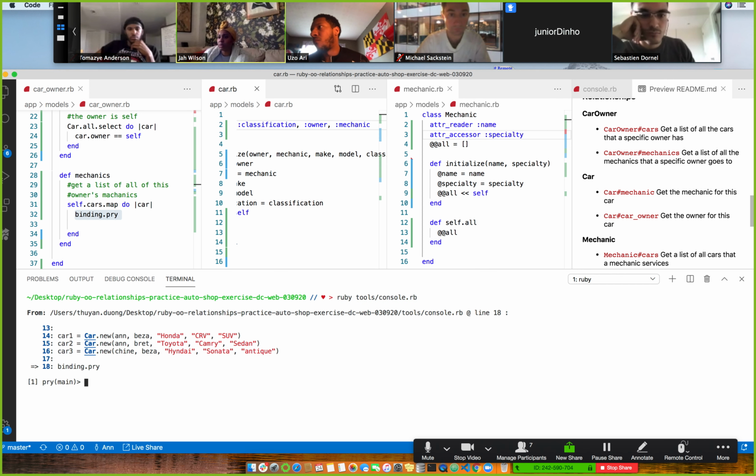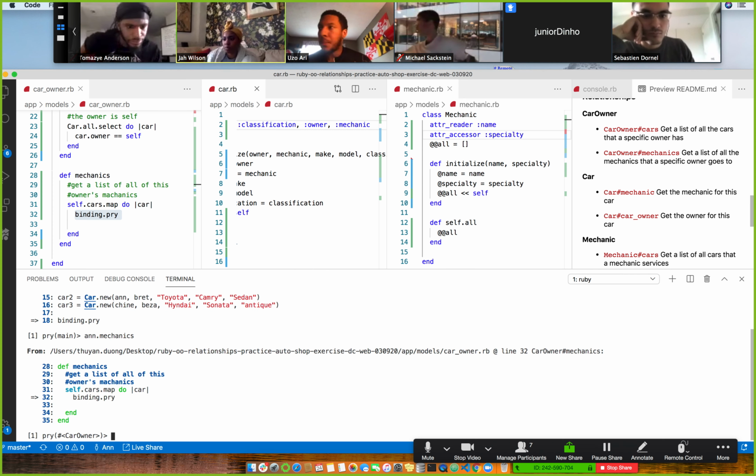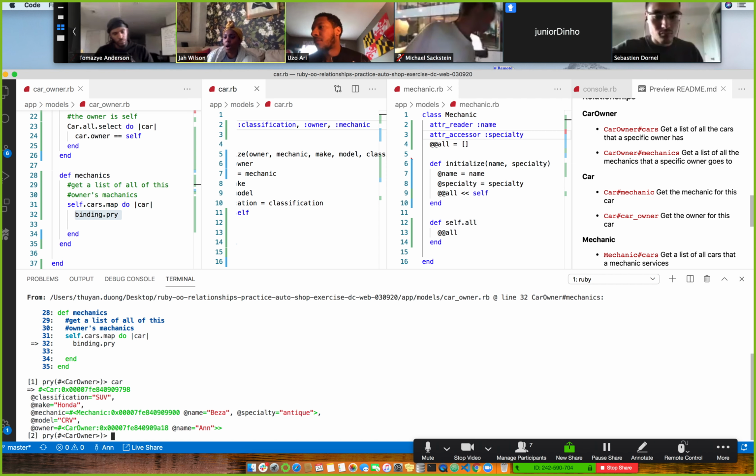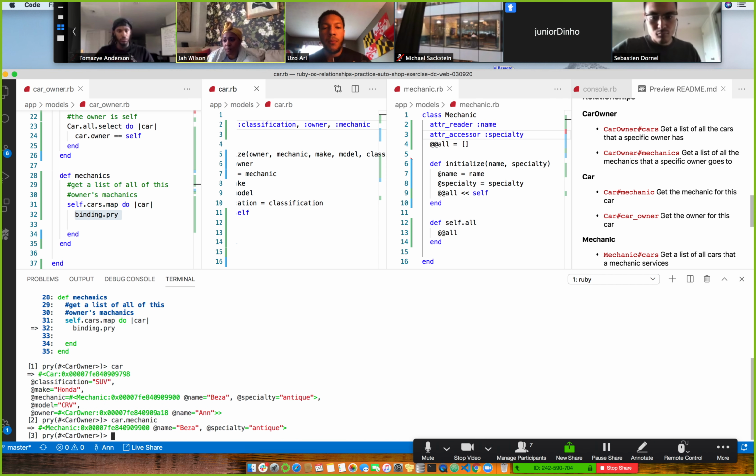That's exactly it. So if I do Anne.mechanic, so I'm inside my map, here's my car. How a .map works is you don't need to put in a condition, because you're not saying here's all the cars, I only want to select a few. You're saying here's all the cars, I want a one-to-one mapping. That's exactly it. So car.mechanic, if we put this in here, this is saying, hey, I want to create an